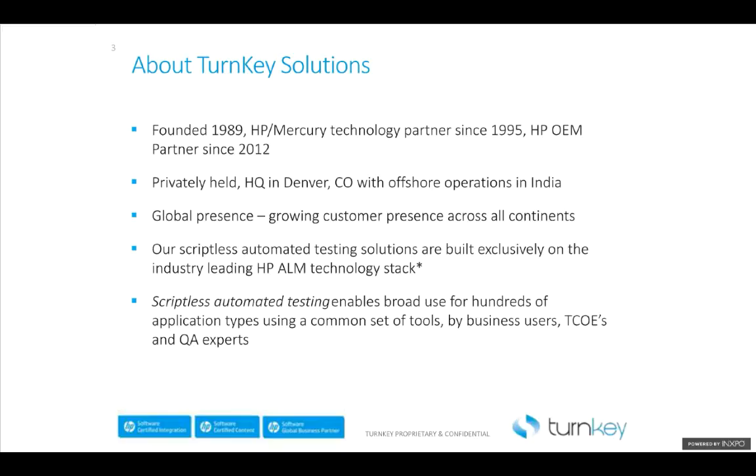We offer a solution which is fully scriptless technology, allowing you to build out tests without requiring a deep technology background. We are built currently upon the HP ALM technology stack, allowing you to save that investment in a market-leading technology that you probably already have in-house. Our approach is totally scriptless, with non-technical requirements, so your business users can get heavily involved in the test creation. It's really geared towards providing a solution and a tool set for your business users